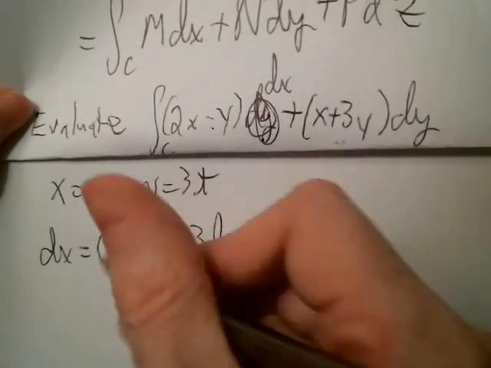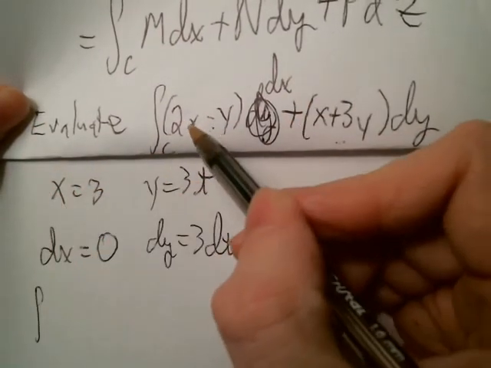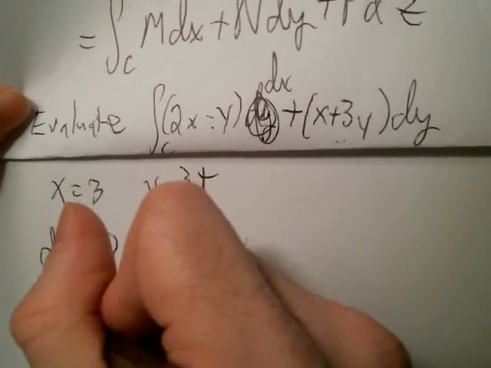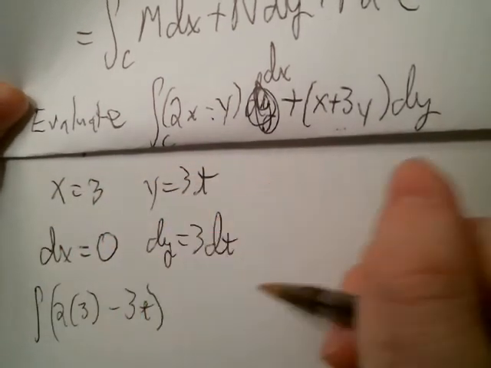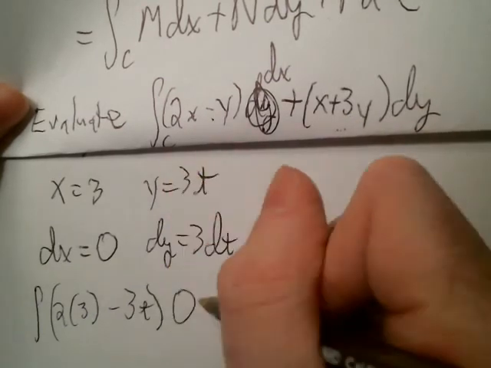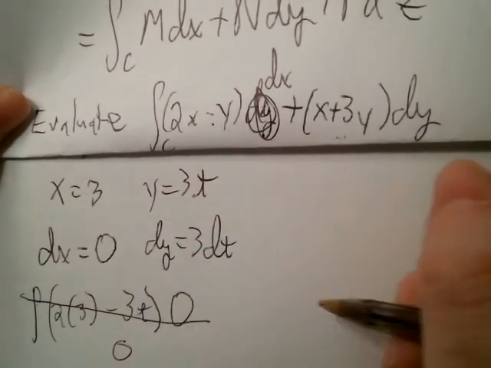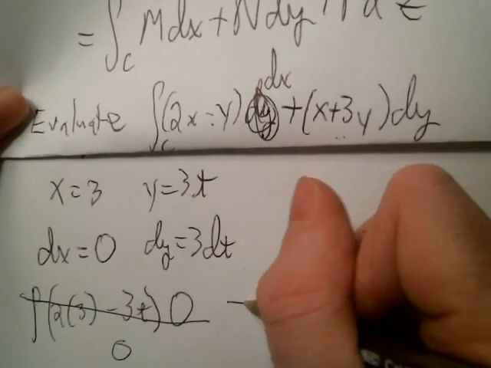Okay, so I'm replacing x now with 3. So I have 2 times 3 minus y, which is 3t, but then times dx, which is a 0. So this is just going to be 0. Okay? And then plus,